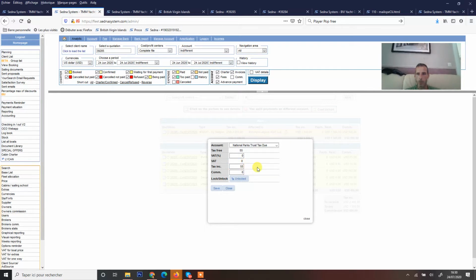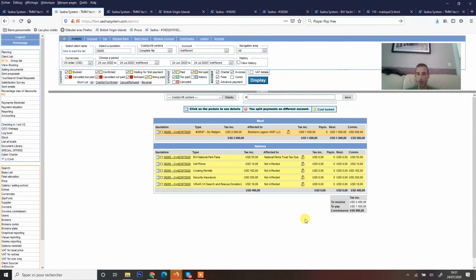Here you put what you have to pay to this company. So in this case you told me all the money. Okay, and this is the button that I explained. If you save, you won't be able to modify this again. The profit will be locked to any update. So you have to keep it unlocked and save to make it work. And then if you click on lock, it will block the possibility to change something definitively.